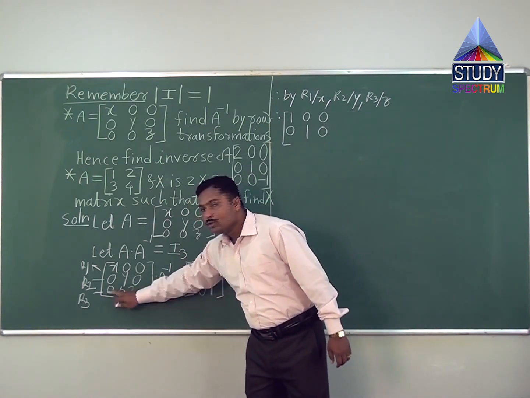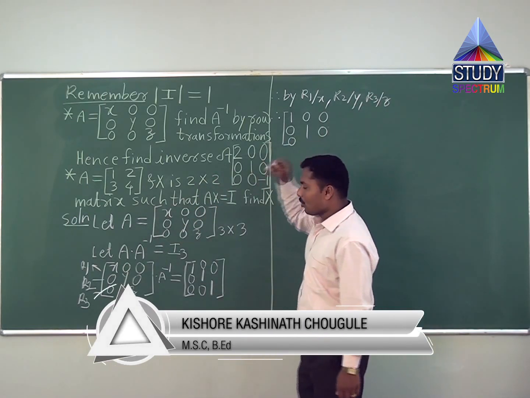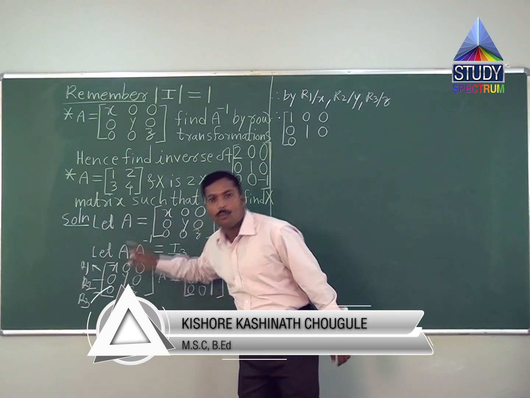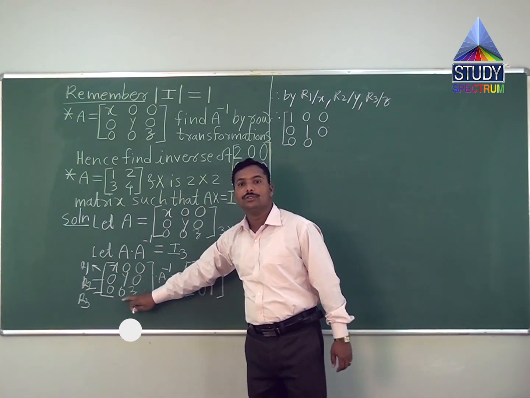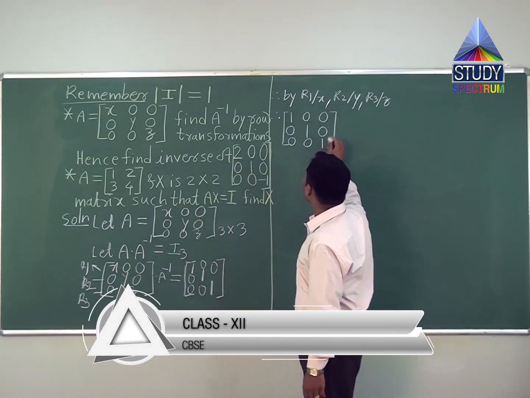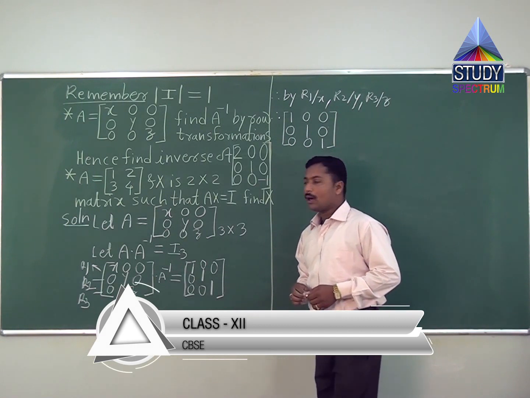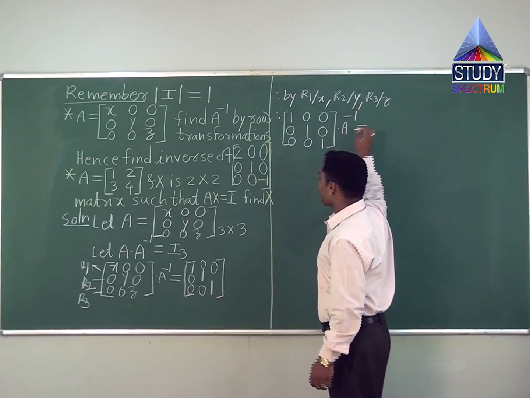Last row: 0 upon z is 0, 0 upon z is 0, and z upon z equal to 1. So we obtain the identity matrix into A inverse equal to,